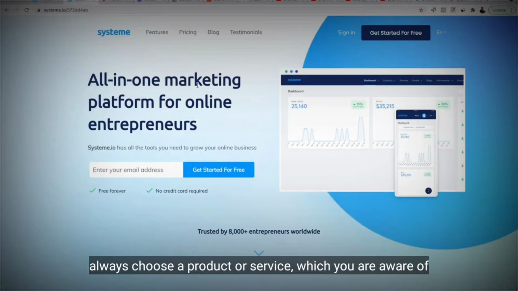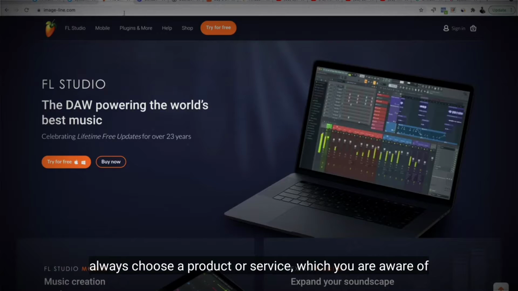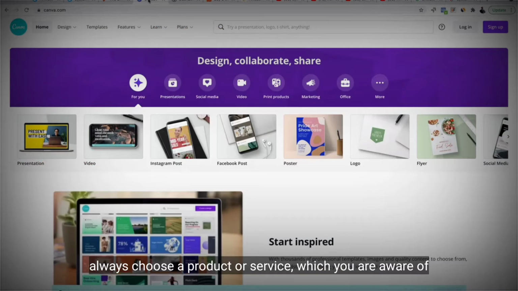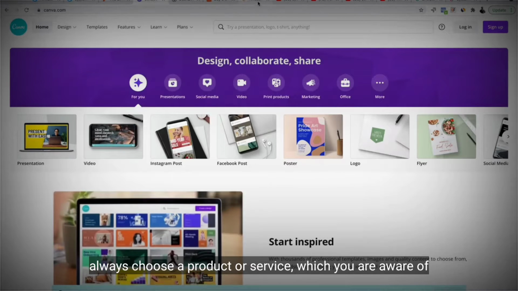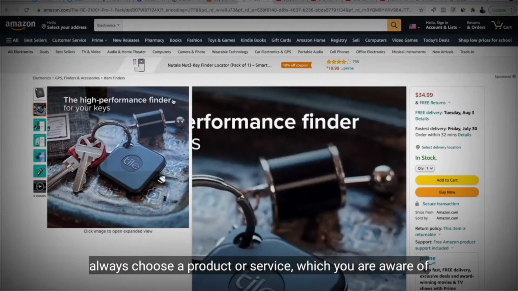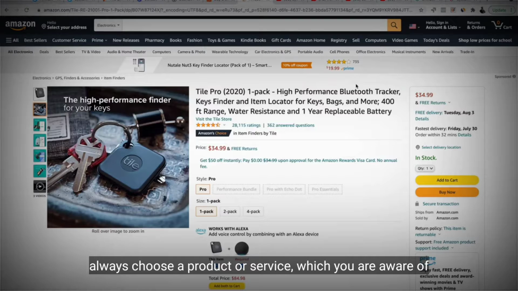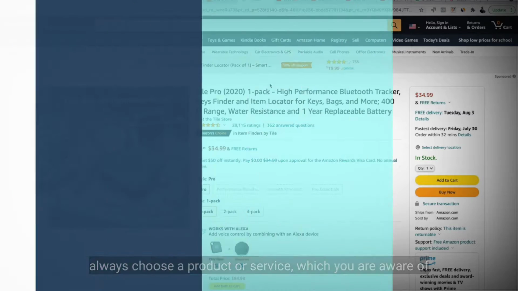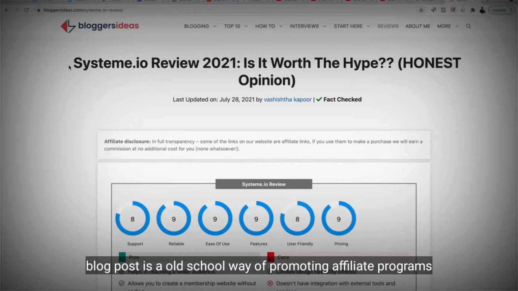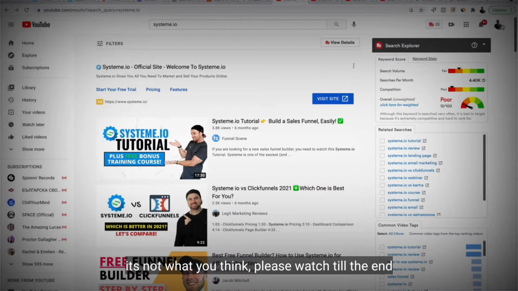After you have found the products you want to promote, either a music software or a kind of Photoshop design software or even Amazon, the next step is to bring eyeballs to your affiliate links, to create your audience and to drive traffic to your affiliate links. The old school way of driving traffic was to create a blog post. Basically, it's a long process, and anyways, we are not using this. Now, the easiest way is to shoot a YouTube video.